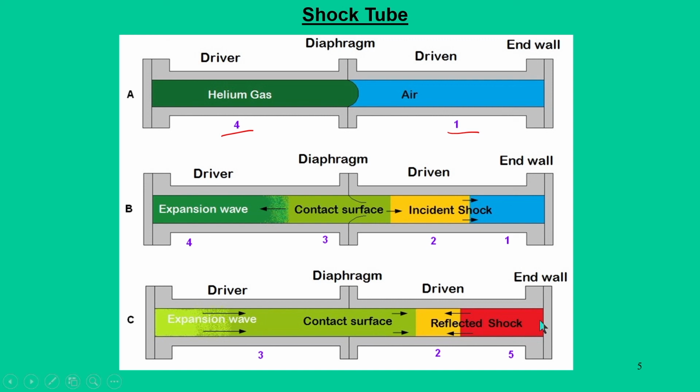Now, when it is reflected into a medium which is already exposed to the primary shock, the conditions change further, and that yellow region now becomes red. That means it is at higher pressure and temperature. Of course, the contact surface is also following the primary shock. Now, when the reflected shock comes, at some point down the line the reflected shock will meet the contact surface.